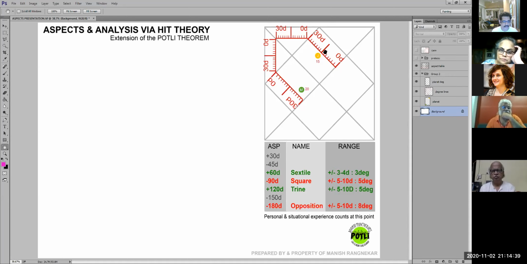Are you understanding? I'll repeat again. This one is at 15 degrees. Earlier on, when I had hidden the planets, I had said that from 15 degrees, if I have to give a 90 degree hit here, I'll have to travel 30 degrees, 60 degrees, 90 degrees. So the other planet will have to be exactly at the 15 degree mark, where this one will give a 90 degree hit. But my planet has traveled ahead to 20 degrees. So what is the difference between this? From here 30, 60, 90, and another 10 degrees more.